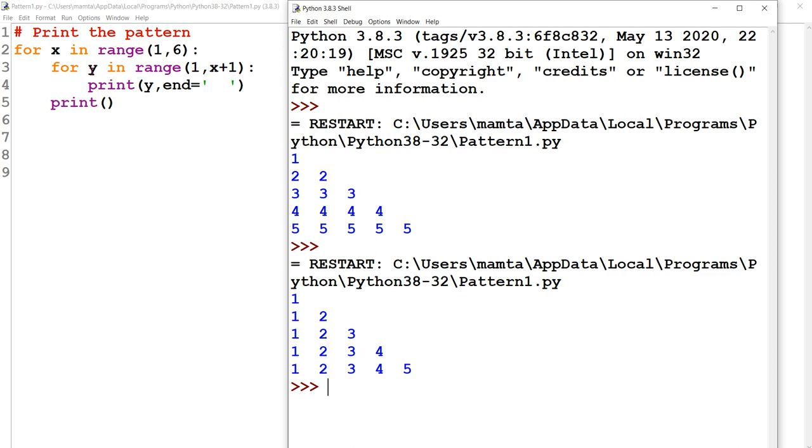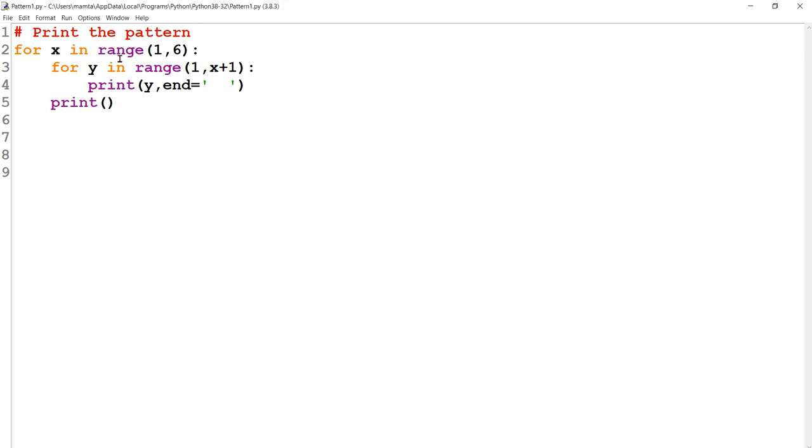R, C, if you want to denote row with R, and column, the concept of row and column. Whenever there is a concept of row and column, you should go for this kind of loop, a nested loop. So the outer loop usually represents the row and the inner loop represents the column. The inner loop is responsible for the number of columns in each row.